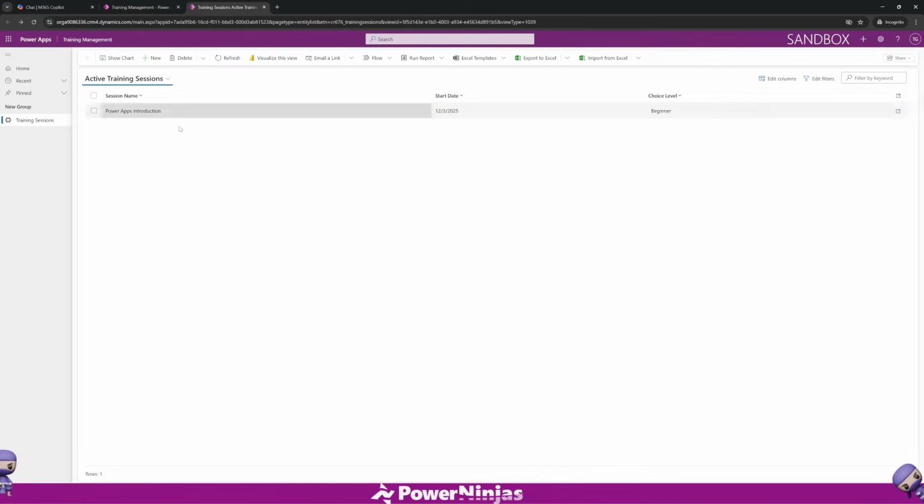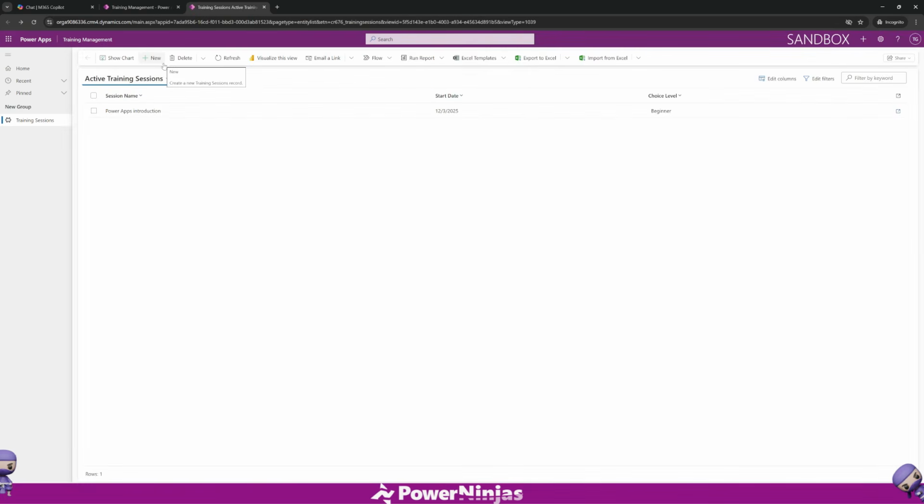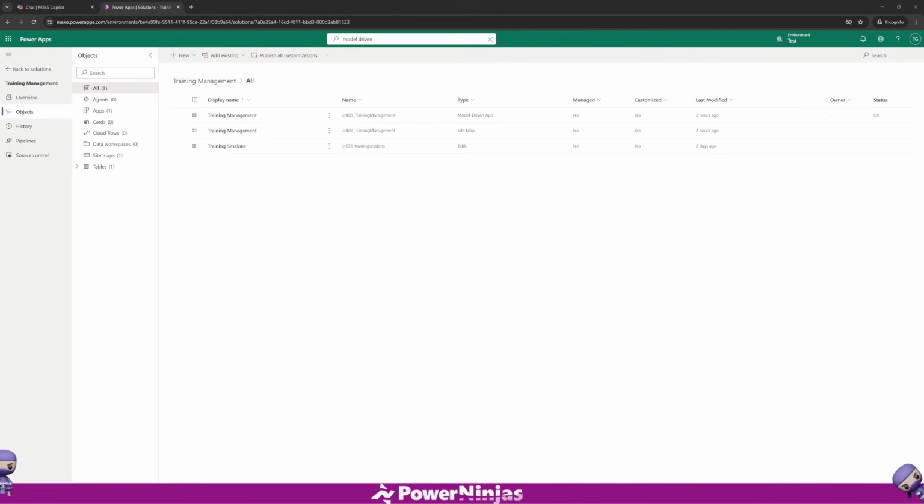The record is now stored in Dataverse, and when you return to the main view, you'll see the new training session listed right alongside the automatically generated views. This is one of the nicest parts about Dataverse. As soon as you add structured columns, the app updates itself to reflect the new data without you having to design anything. Now that we've confirmed our Dataverse table works inside the model-driven app, let's move on to something most